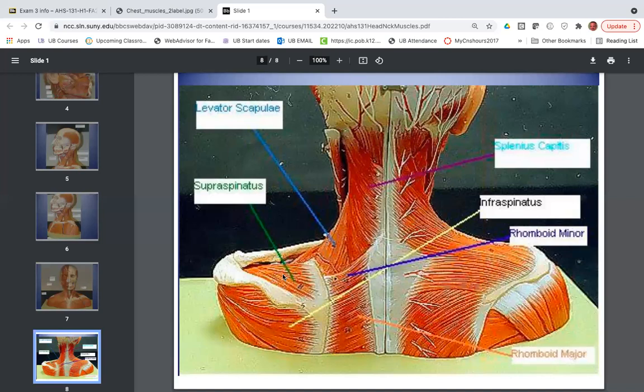Both the supraspinatus and the infraspinatus are going to share the same insertion site. They're both going to insert onto the humerus where the greater tubercle is. So the supraspinatus and infraspinatus, although they originate in different places, insert on the greater tubercle. Okay,